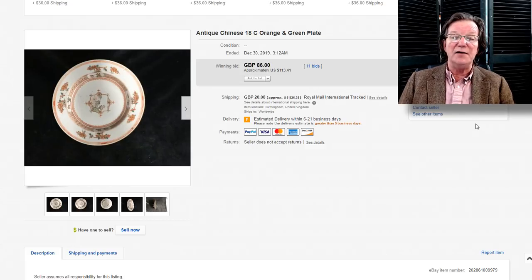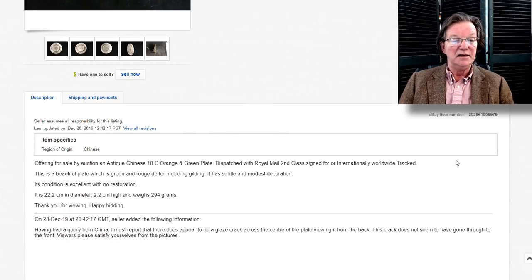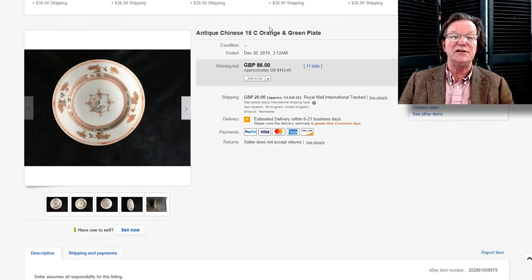I think part of why it didn't bring maybe what it could have is because the description was so vague. It was the terms up there. If somebody was searching, this would turn up an awful lot of returns. It could be causing it to be easily missed. And the plate was 22 centimeters, about 8 inches in diameter, and it was a very reasonable